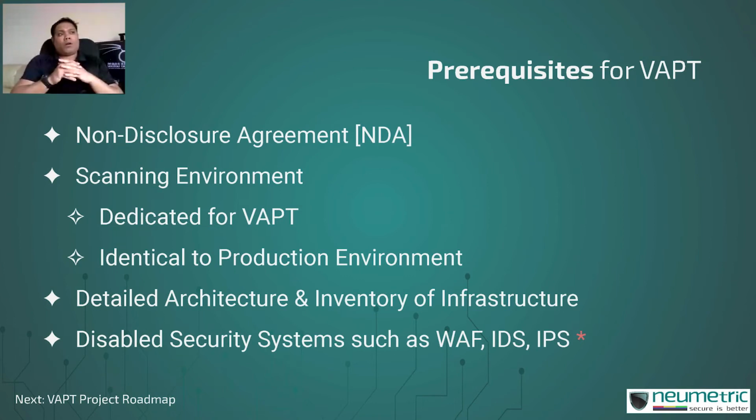Now, two issues here. One, your weakness in the web application continues to remain. And two, tomorrow, if by mistake or maybe the attacker finds a way around the web application firewall, now they can reach your application and the weakness remains, so they can go ahead and exploit it. So the best approach is you disable all the security systems temporarily till the time the scanning is completed, let all of the weaknesses be identified, and then maybe redo the VAPT exercise with the security systems enabled.